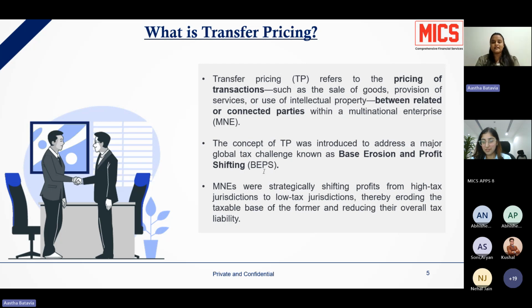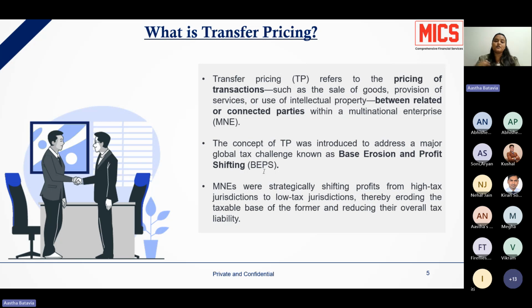Over time, governments realized that the profit shifting tactic was being used globally. Profits were shifting from high tax jurisdictions to low tax jurisdictions. High tax countries were losing their tax revenues, and governments of those countries were losing billions in tax revenue. They weren't happy. This was not just planning, it became a systemic loophole. And that's why they came up with the idea of regulating transfer pricing to close the loophole. The idea behind bringing the transfer pricing rule is to ensure that related parties transact fairly, just like an independent